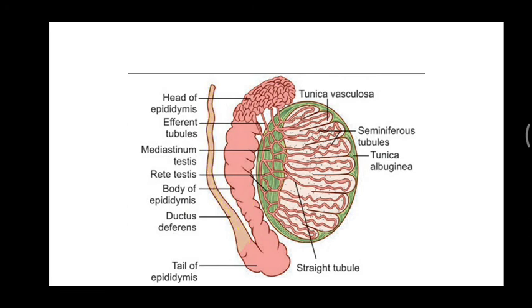And the head of the epididymis is mainly made up of highly convoluted continuations of the efferent ductules, and at the lower end of the head of the epididymis, all these tubules join to form a single tube that is known as the duct of the epididymis. The duct of the epididymis is continuous with the ductus deferens.